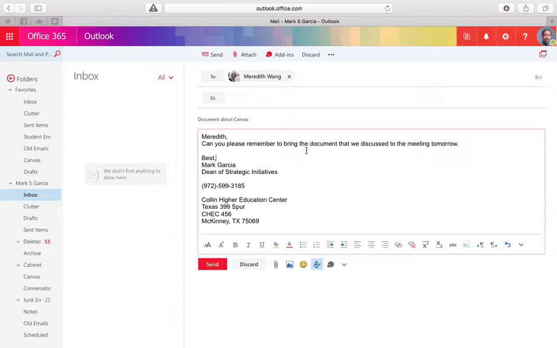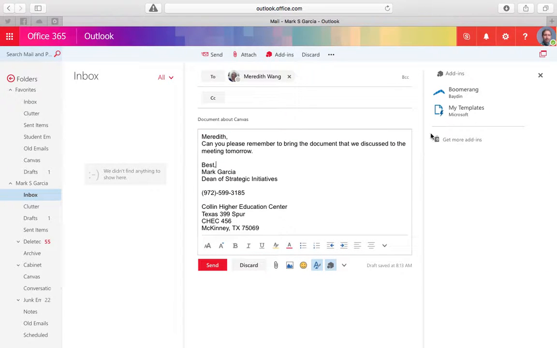So what we're going to do now is use Boomerang to schedule this email. There are two ways you can access Boomerang. You can either go up here and click on add-ins, or you can click on this icon. It's the same icon down here. Either one is going to bring up your add-ins. So I'm going to click on Boomerang. And when I do, once this is done loading,